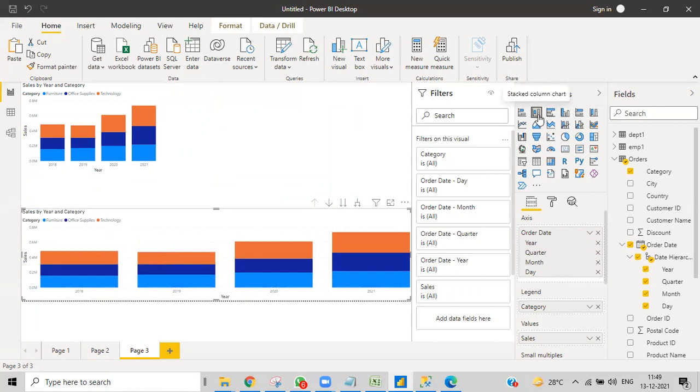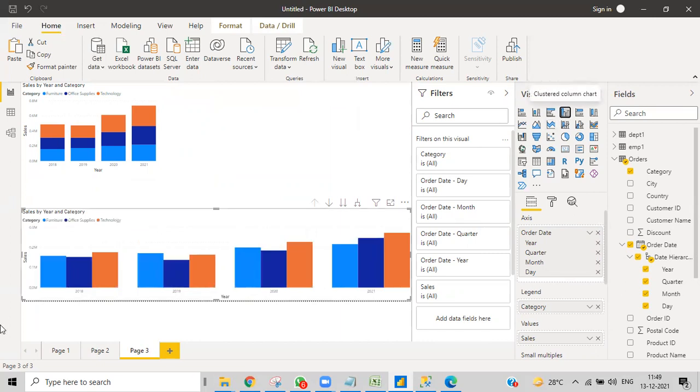So here it was a stacked column chart, and we do have clustered column charts. Just check it out. Here, I got all three things of 2018 one by one, one after one. This is furniture, this is 2018 office supplies, and this is 2018 technology. And then coming to here, 2019 furniture, 2019 office supplies, 2019 technology. So here they use this manner, and here they use that manner.